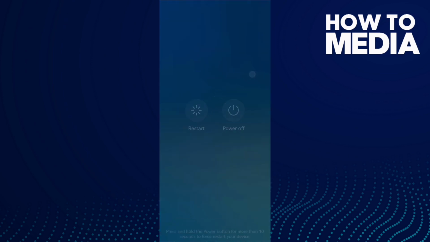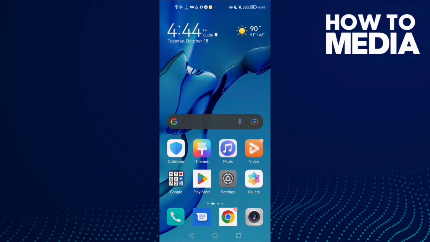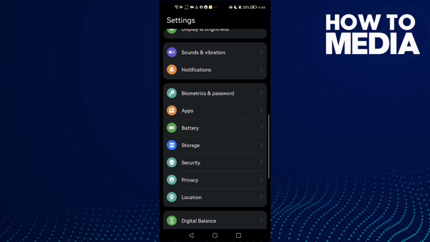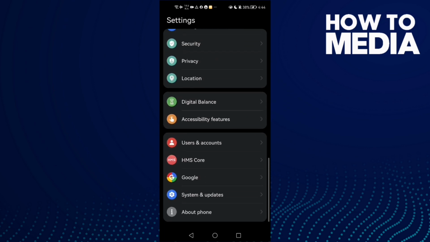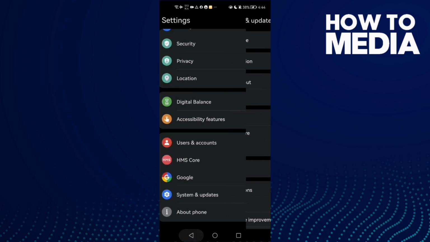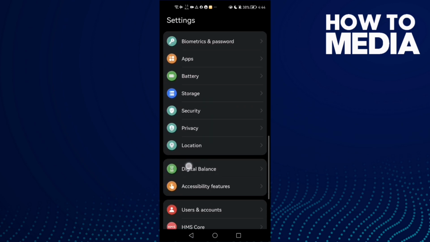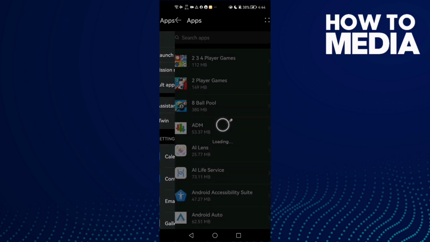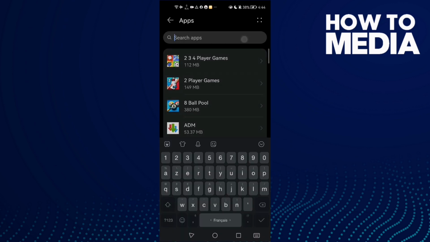Click restart, and if that doesn't fix your problem, just go back here, go to settings, and then go to this one, system and updates, and if there is any update here, just update your phone. And now, if that doesn't fix your problem, go back to apps, and then apps, and type